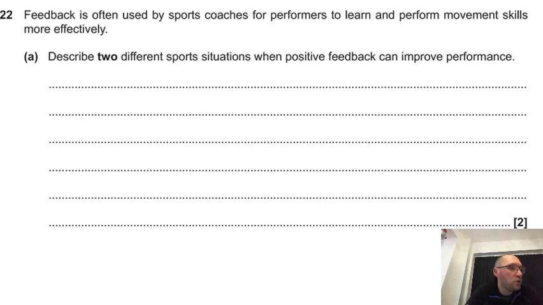So here, an example for 2 marks. A rugby coach gives the player praise and encouragement, so positive feedback, which leads to a better tackling technique, so improved performance. Another example, a netball coach tells the goal attack that their shooting is excellent, once again positive feedback, and this leads to consistent shooting accuracy, so once again improved performance. So once again, 2 sports, 2 bits of positive feedback, such as well done, that's fantastic, which then lead to 2 different types of improved performance, e.g. shooting better, becoming more consistent, or better tackling.